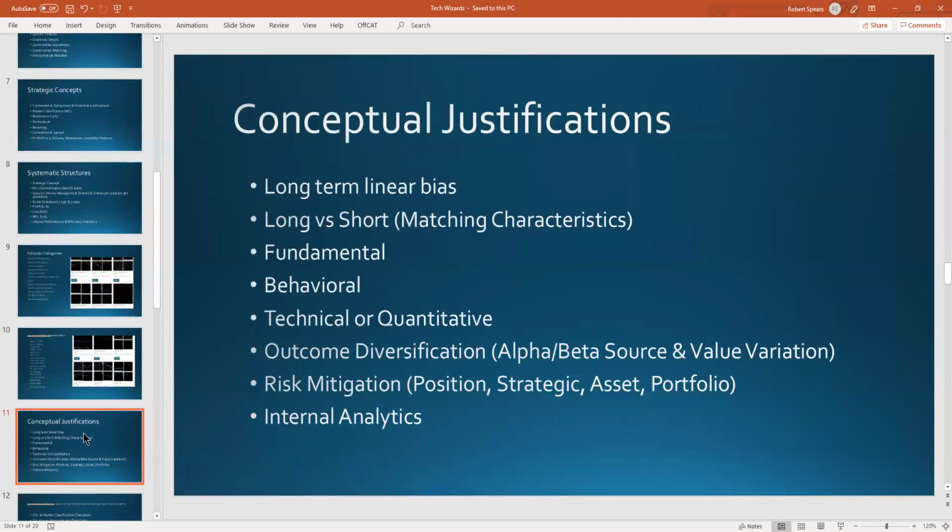And so, again, conceptual justifications for some of our systematic concepts. Long-term linear bias, long versus short. We want to match the ratio of movement, so to speak. Fundamental, behavioral. For instance, a fundamental justification for